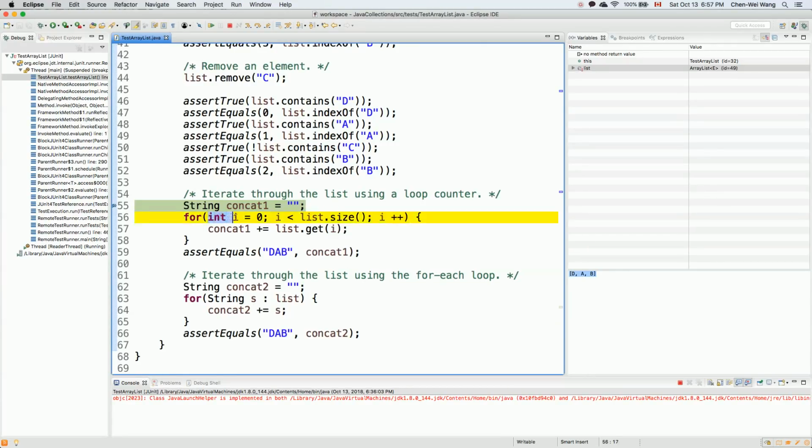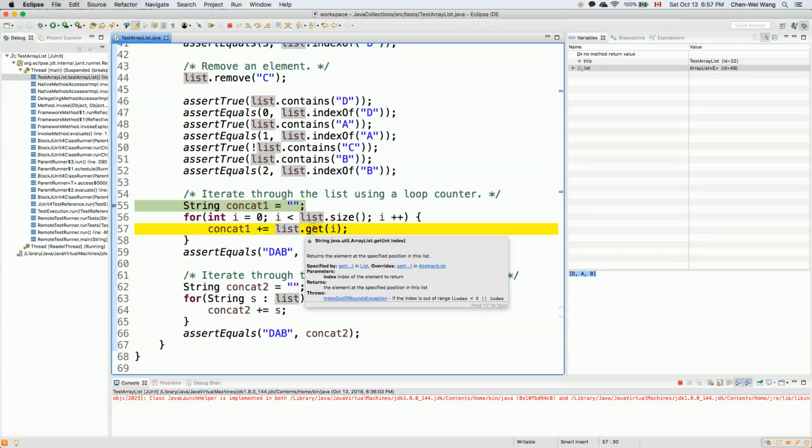I can have a loop counter i, starting with index 0, and i is less than list.size. In the case of a one-dimensional array, you would say array a dot length, right? That's what you would say, and then i plus plus, and then let's say we simply want to concatenate all the string elements one after the other. So we can say concat plus equal, and then we have another method here to show you, which is